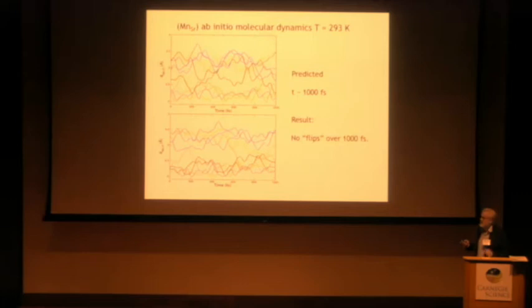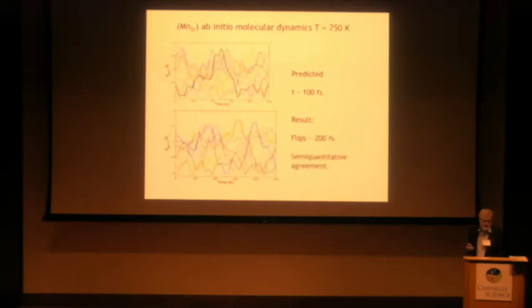I plotted here a typical manganese substitution on the strontium site and the distances to its 12 neighboring oxygens over time. Here are two different initial configurations, and things move around a bit, but at the end, the neighbors are the same as at the beginning. So it's not clear that anything is jumping around other than the little fluctuations. So then we simulated at 750 degrees. At that point, the predicted jump time is only 100 femtoseconds, so many events should occur in the 1 picosecond simulation that we did. And indeed, you see a lot of changes.